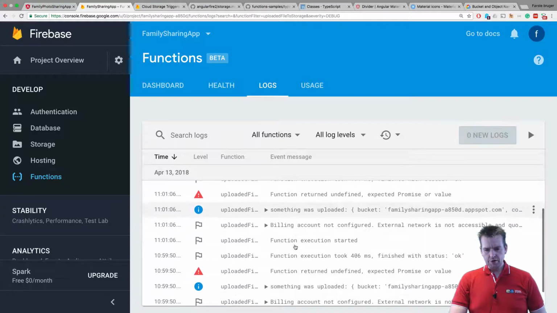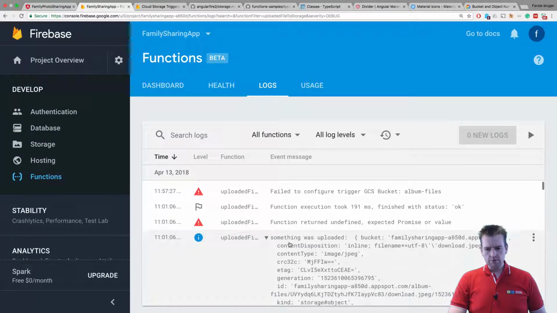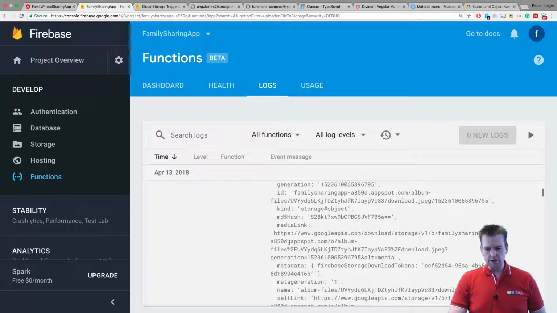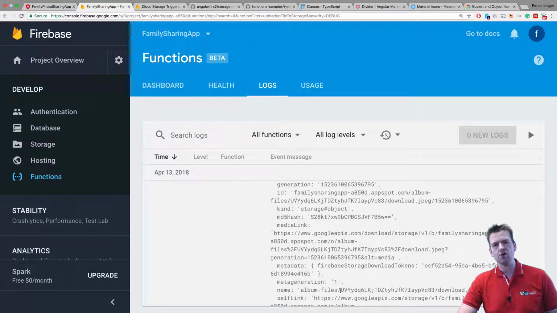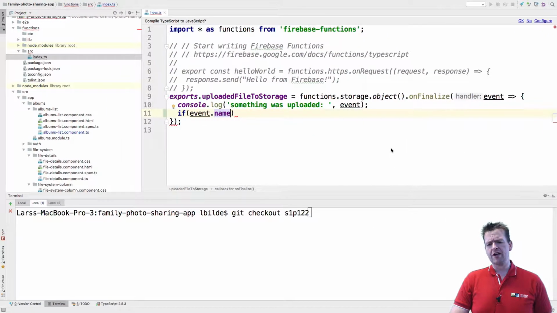There we go. Now if I expand this guy, and we find it down here, I'll just scroll down slowly. There we have the name, and you'll see the name starts with album files, and then I know that I'm looking inside the albums files, right? So that's kind of what I want to do. I want to trigger that. I only want it if the name